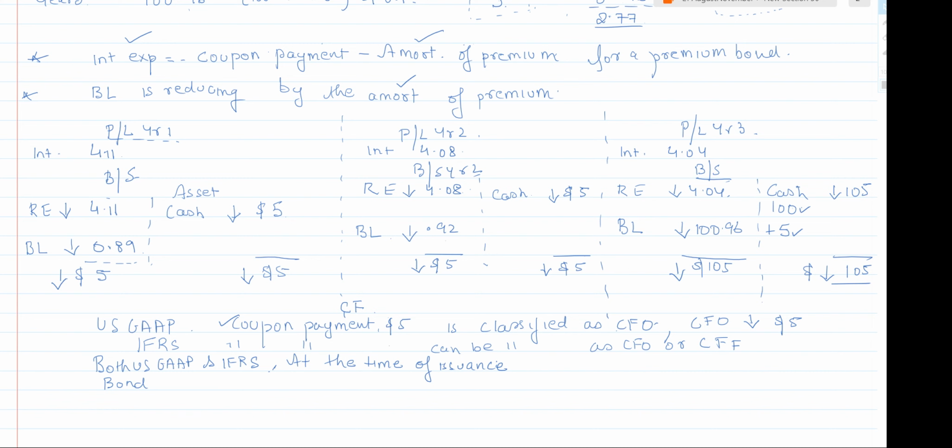So the bond proceeds or the issue price received by the issuer, and that issuance is classified as cash inflow to